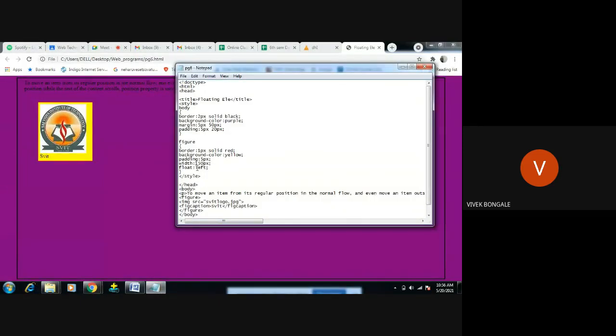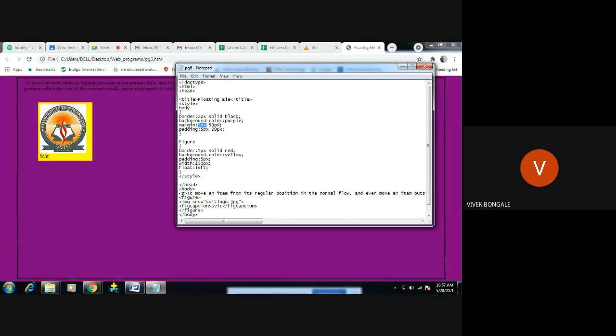So we are trying to float this content within one container, right? The container we created as a body, and we gave this margin, 2 pixels solid black. We gave this box. This becomes one container here. In that container, we are trying to display this paragraph and image, right? Background color we gave purple over here, and the margin is 5 pixel, then 50 pixel. If I remove this, see. This is first, 5 pixel is top, and 50 pixel is from left.